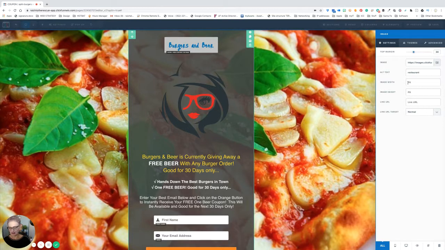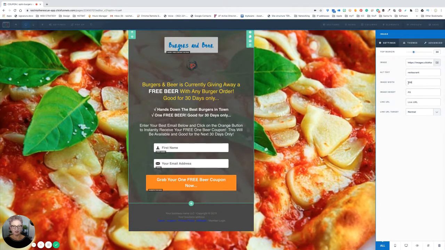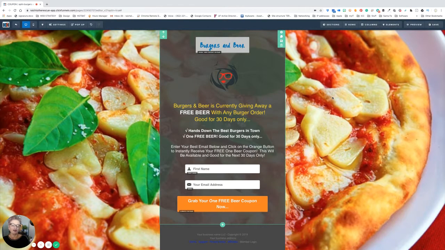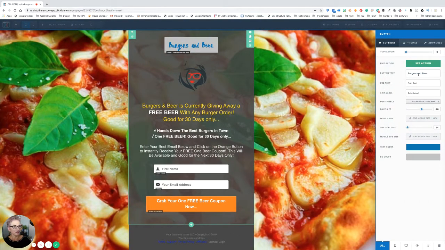So we'll just say, most logos are 80 by 80, up to 200 pixels. So I'm just going to put in 100. So it's super tiny. So I'm going to change it and put in 250. That's fine. 250 pixels. So, and then if you don't have a logo that you want to use, then you can use the little button that I created and just put in text and change the text to